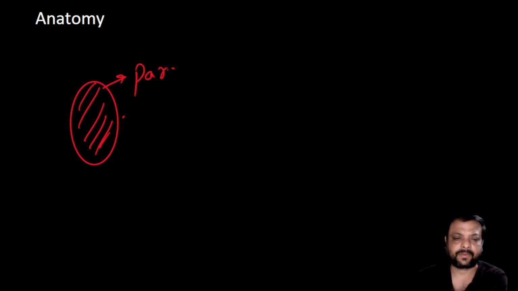Now let's discuss its anatomy. Suppose this is the parathyroid gland. Inside the parathyroid gland, we find